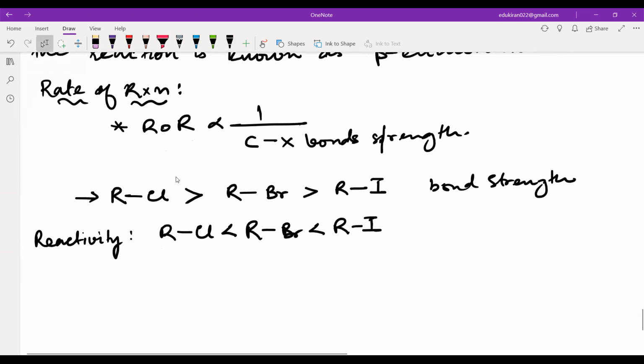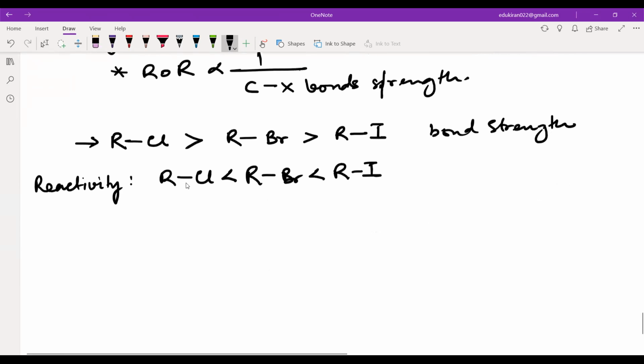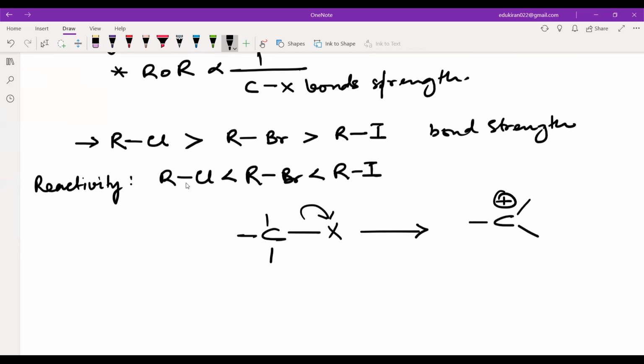The next is, what happens if you have carbon with some groups attached and you have X? If X is getting removed, you will be forming a carbocation, C positive. If the intermediate is stable, the reaction will be faster, because more intermediate will be formed easily. That is why, in the substrate,